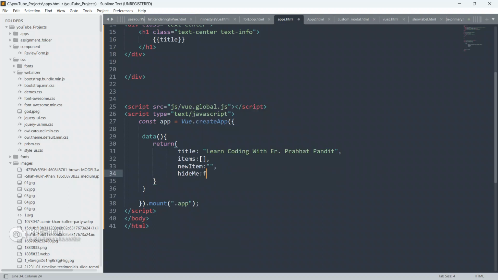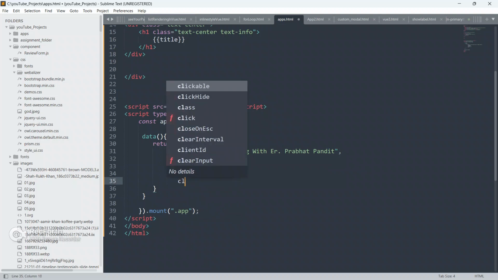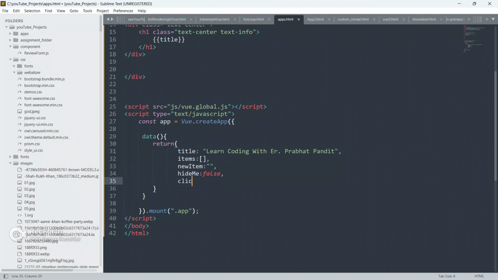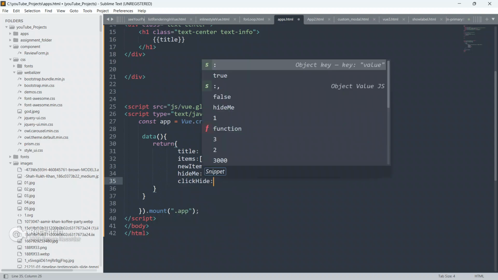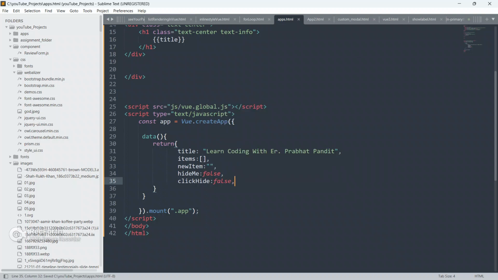Create hideMe as of now, I'm gonna put it false. Create one more, clickHide. Okay, as of now I'm gonna give this also false.